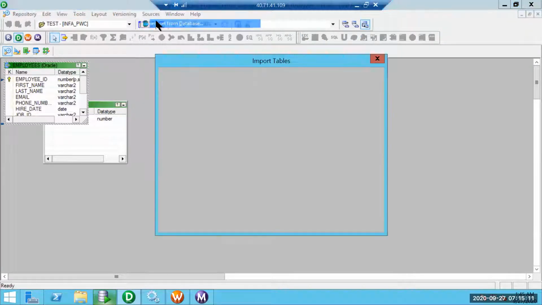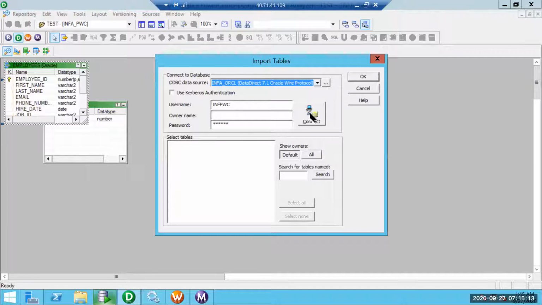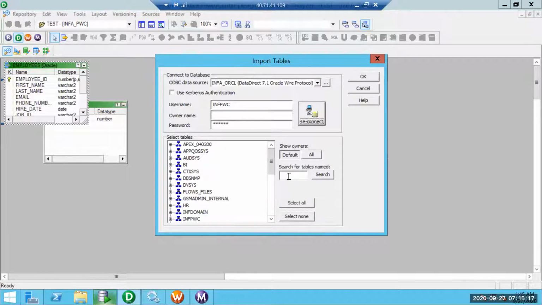To avoid that, I am importing the definition into the sources, so that we need not import it multiple times. The table name is department. I'll go with test.dept, where test is the schema and then dept.